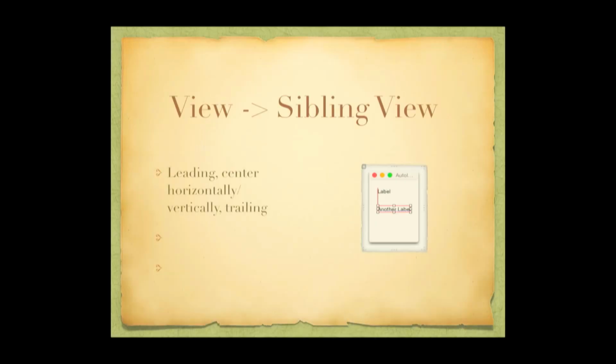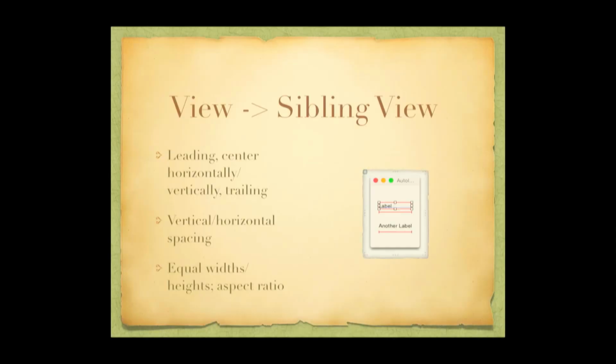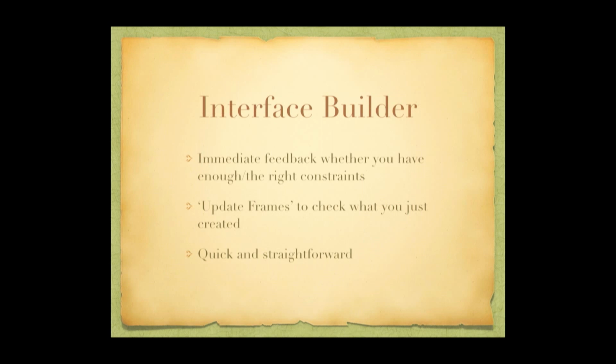You can center things vertically or horizontally, and then you can adjust things, line up your sibling views. So say, okay, I want the left edges or the middles or the right, leading edges, middle, trailing edges to line up, and you can do the same thing vertically. You can have spacing between things, and you can basically specify, I want this thing to be exactly the same width as the other one, or the same height, or twice the height. You've got all of these things, and